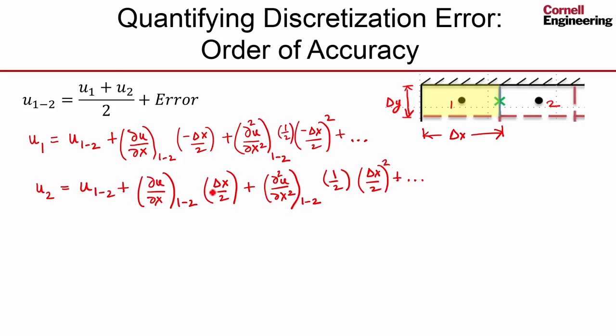Okay, so this expansion looks the same as that, except that instead of having minus delta x over 2, I have plus delta x over 2. And then if I add these two together, that will give me 2u12, twice the value at the face, and that will give me u1 plus u2. Let me just divide through by 2, and rearranging, I'll get u12 is equal to u1 plus u2 over 2. That's nothing but that term here,